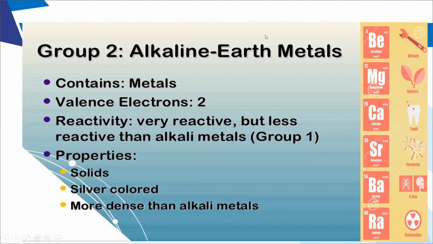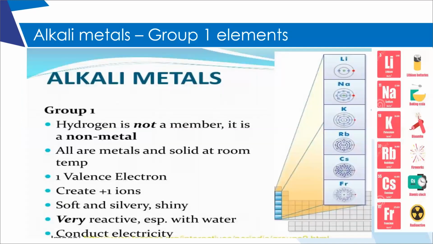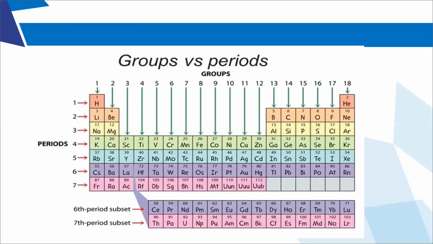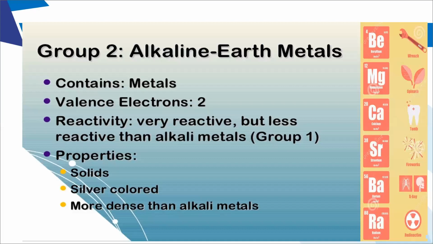Now, why are they called alkaline earth metals? Because they are naturally found. All elements are naturally found, even first group elements. Up to 92 elements are naturally found in the crust. Yes, these are mostly found in the earth crust, generally in the form of minerals. Most of the minerals contain magnesium and calcium as one of the constituents.